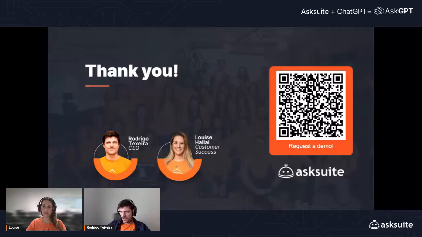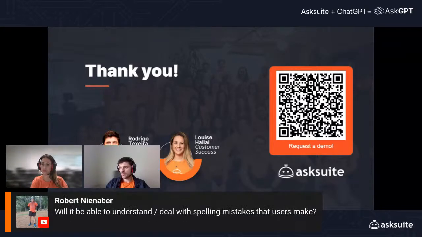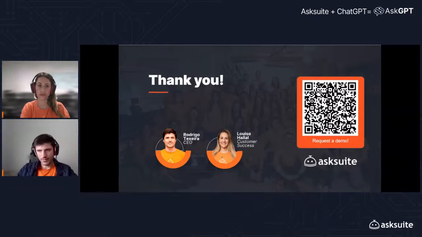So Robert is asking whether we would be able to deal with spelling mistakes that users make. Probably yes. We are monitoring and seeing that it happens, and most of the time, Ask GPT and even our other layers are able to understand spelling mistakes.